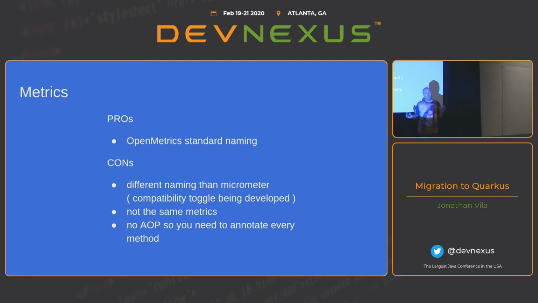But in this case, this project had an aspect that was inspecting all the classes in the packages and getting the metrics for those methods. As we don't have AOP in Quarkus, it's not as easy to do it. So we need to annotate each method, or we can enable Hibernate metrics in the properties. But if you want to measure methods that are out of our scope on editing it, it's not as easy. And also, the metrics that we will get are not exactly the same as the Micrometer that Spring is using.